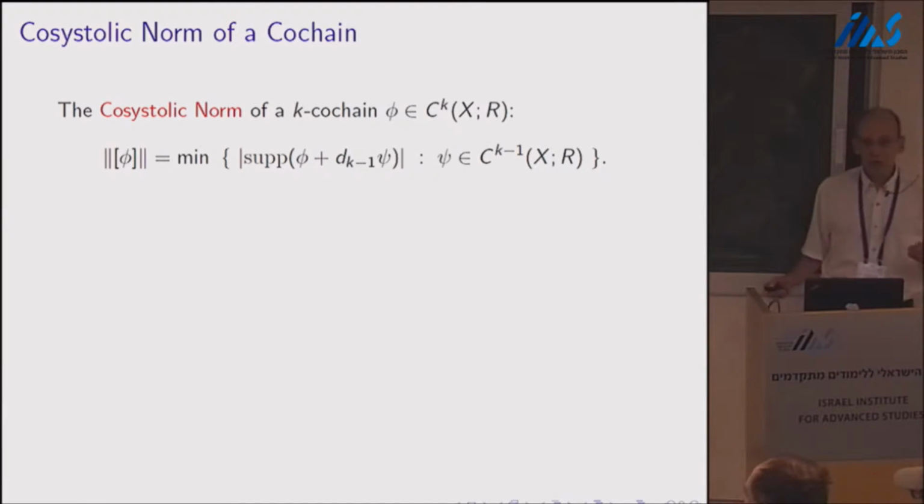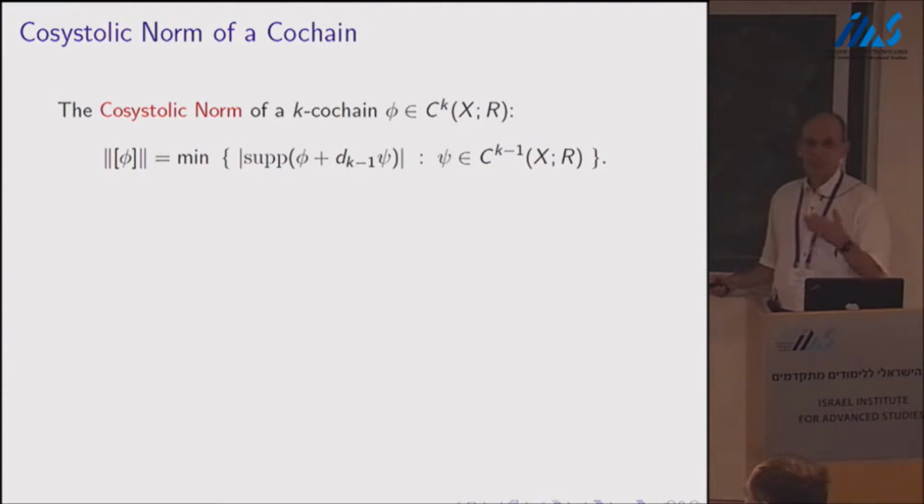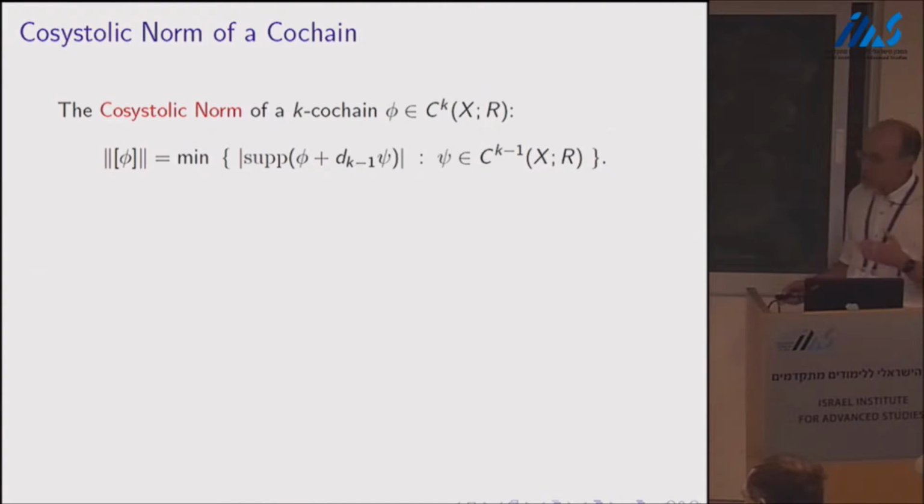So the natural thing would be just to normalize by the size of phi, but actually we have to be a little more careful. Namely, we should look at not the support of phi itself, but the minimum of the support of phi perturbed by a k coboundary. So we take phi plus dk minus 1 of psi, where psi is in Ck minus 1,